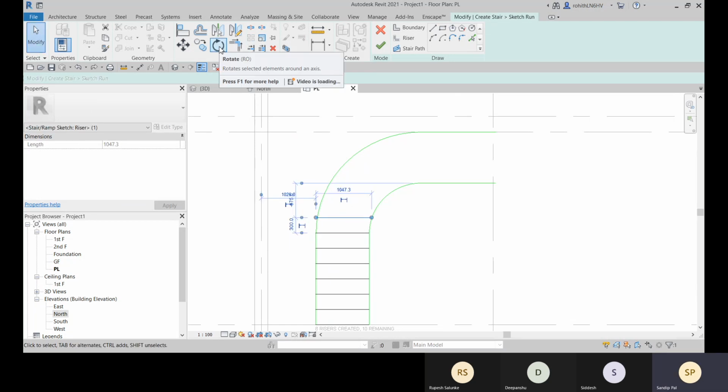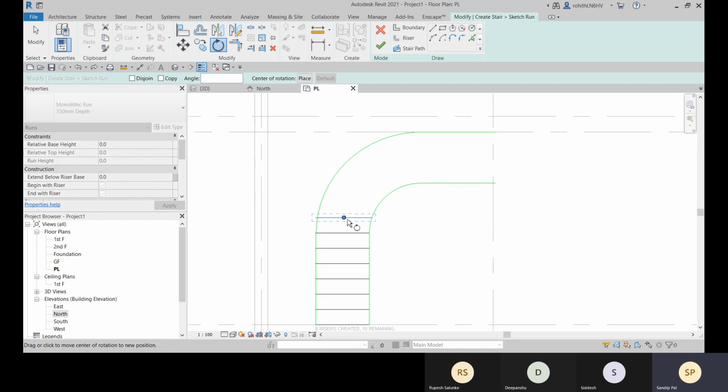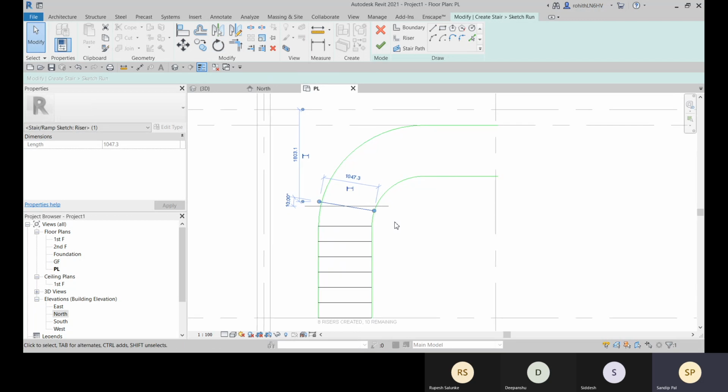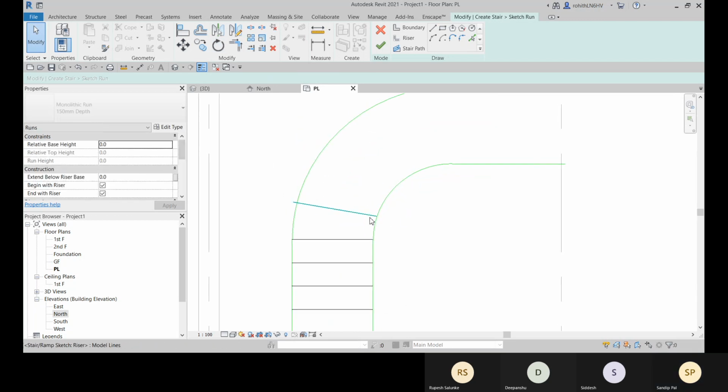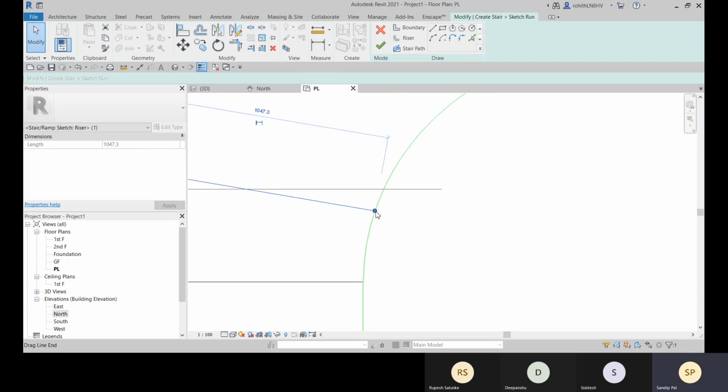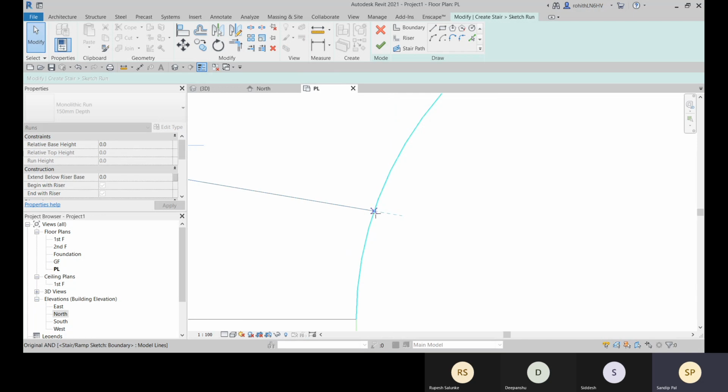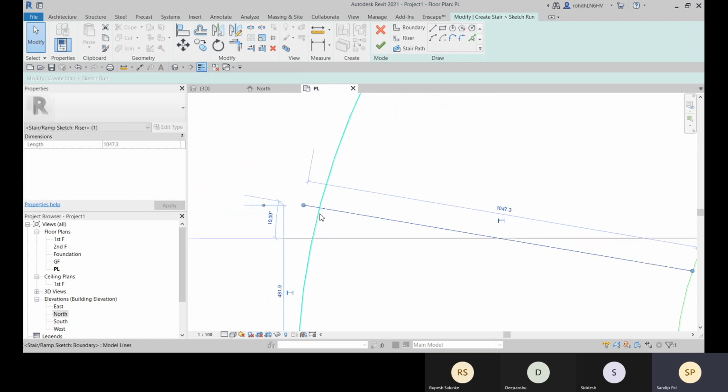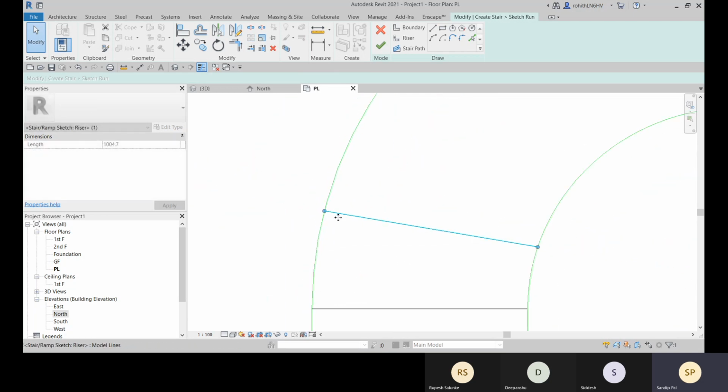And after that, I can rotate it simply. So this will be the placement of this rotation center. And this is the initial angle. And let's rotate it 10 degree. Okay. And then we must make sure that this is intersecting properly.